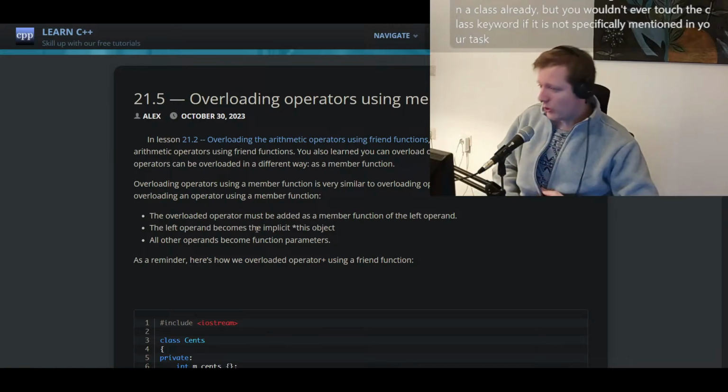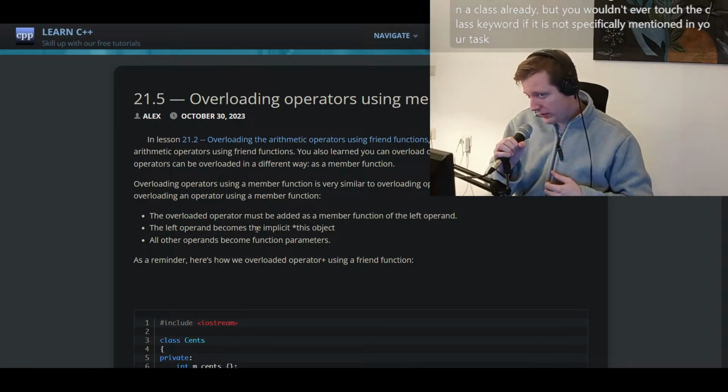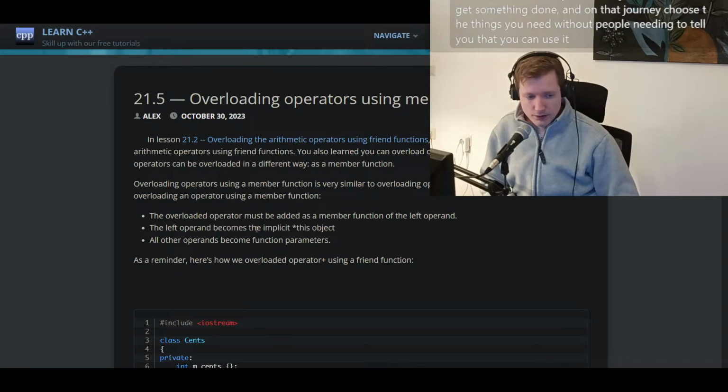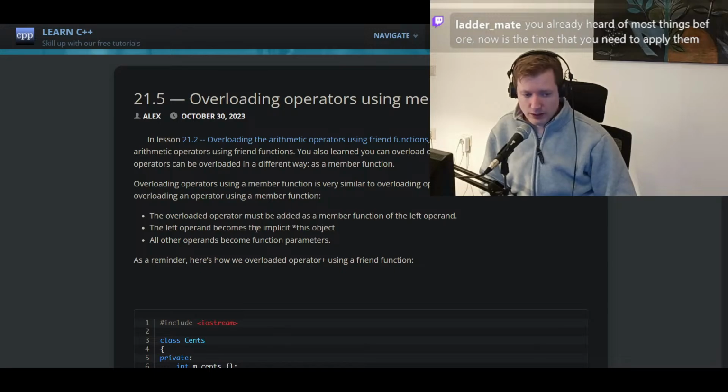Okay, let's go over this topic: overloading operators using member functions. I mean, you should just write stuff to get something done, and on that journey, choose the things you need without people needing to tell you that you can use it. And the thing is also,